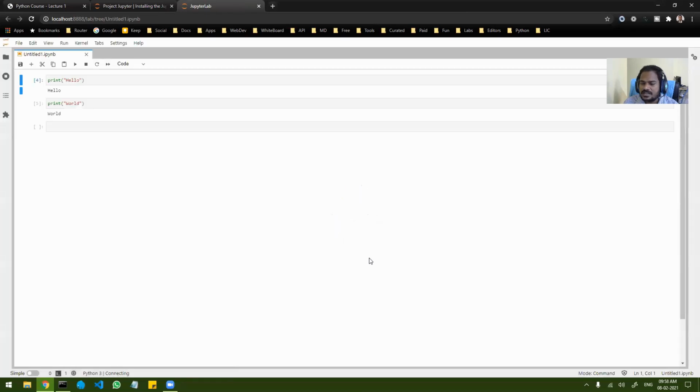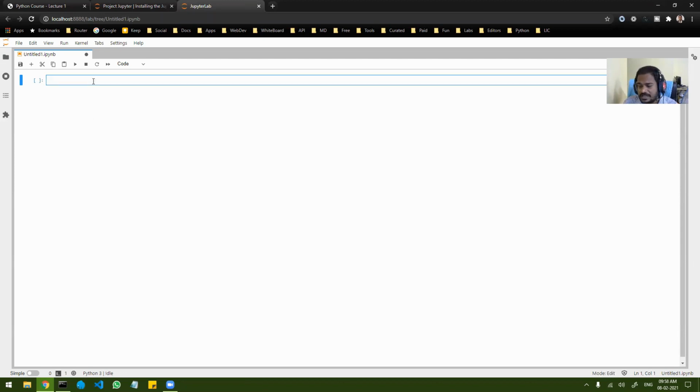So that will start the server. And this is how the server looks. Okay. So let me just delete the code that is already there. So this is the Jupyter notebook. Okay. Now this is a completely brilliant software, I would say, because